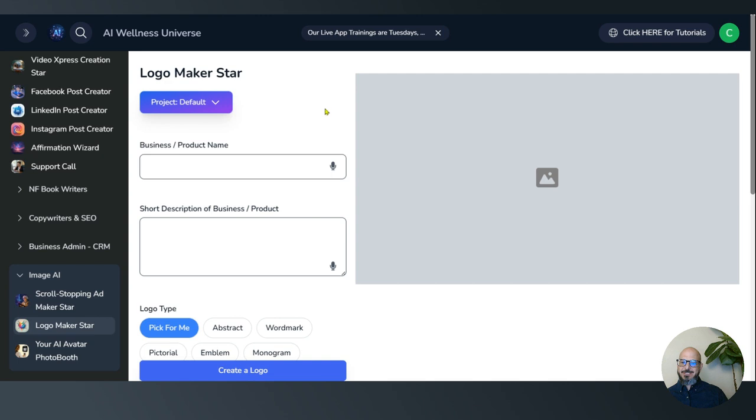Today we are looking at the Easy AI system and we are checking out the Logo Maker Star. If you haven't tried this yet, this is pretty awesome. If you're looking for a logo for your business, this is a pretty easy way to get it right here. So, business or product name. So we are AI Wellness